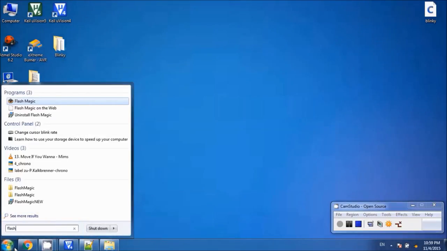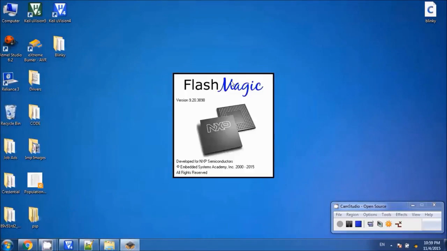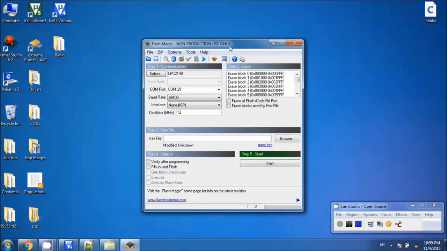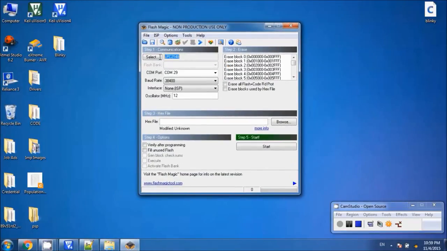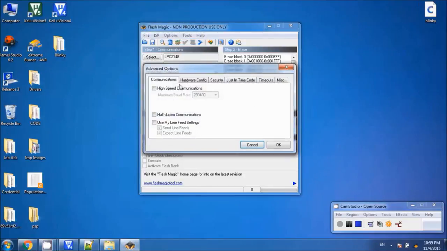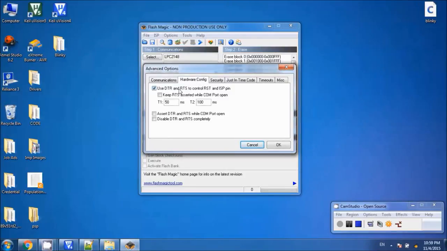So let me open this Flash Magic, and once I open, it looks something similar to this, and we have to choose the microcontroller, then we have to select the COM port, in this case 29, and then we have to set the baud rate 38,400, and then interface is ISP. Oscillator we will be using 12 megahertz crystal. We just have to make sure one more thing, so go to options and advanced options and make sure that you have checked this use DTR RST, and then you also have to check this keep RTS asserted, and then